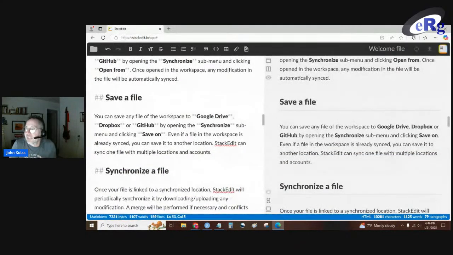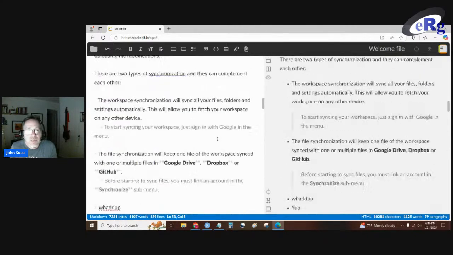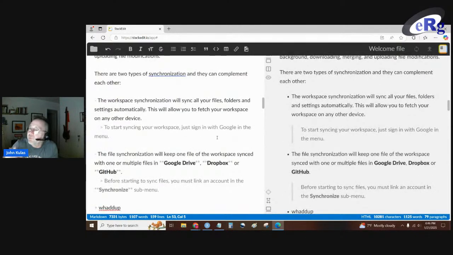So what you're looking at is a Markdown editor. And a Markdown editor is simply saying, don't worry so much about format. We're going to take care of format when we render the document. What I want you to focus on is the substance of what you're doing. Because at some point in the future, if you say, well, I want the format to be a little different, but the content stays the same, we can do that really quite easily.